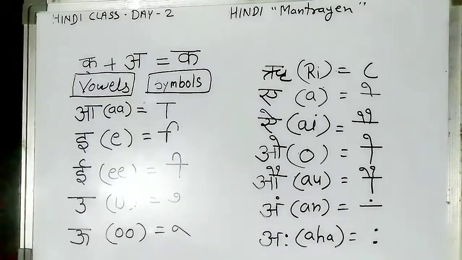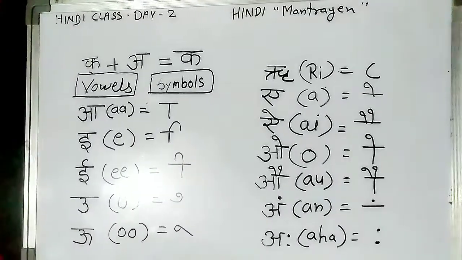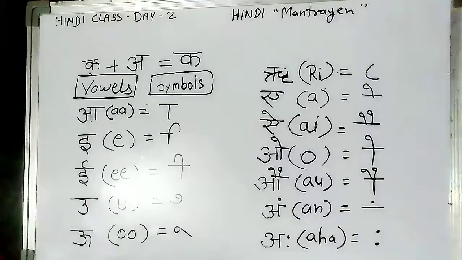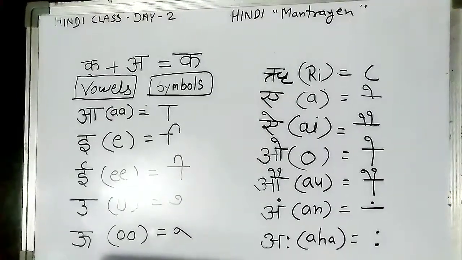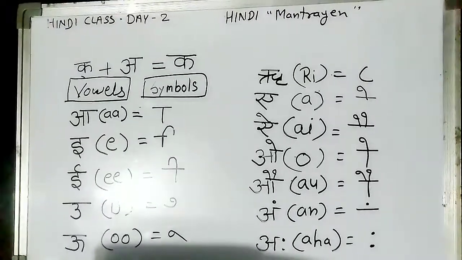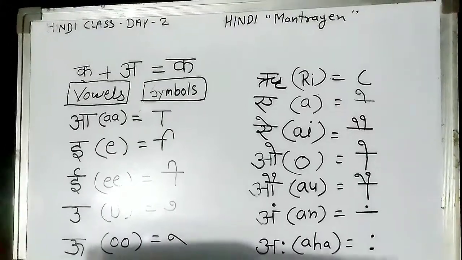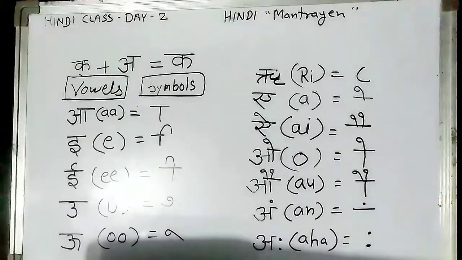Today we will learn Hindi matras. Matras are the sound symbols of vowels, called swar. In Hindi consonants, the "a" matra is already included. Only then is that word complete, like